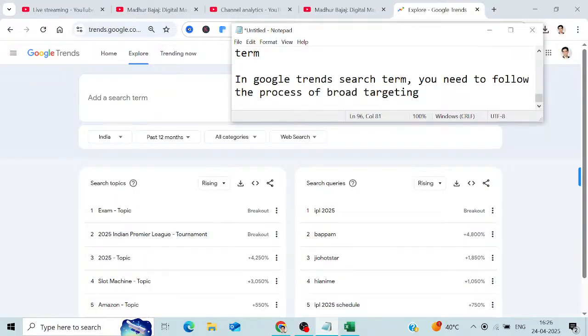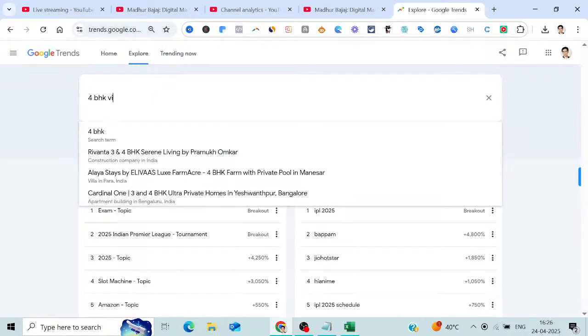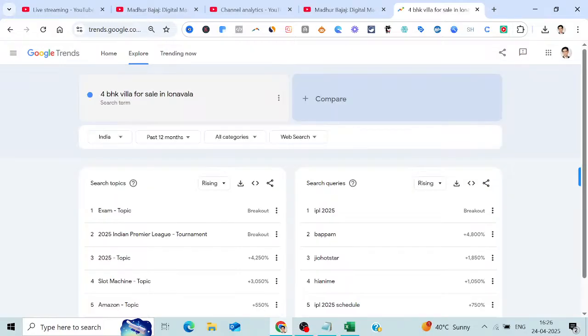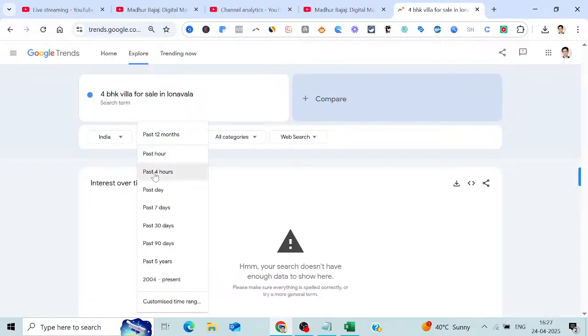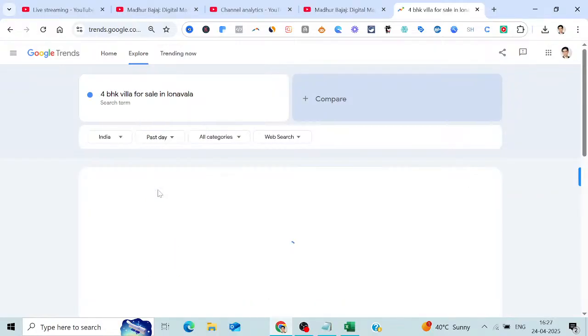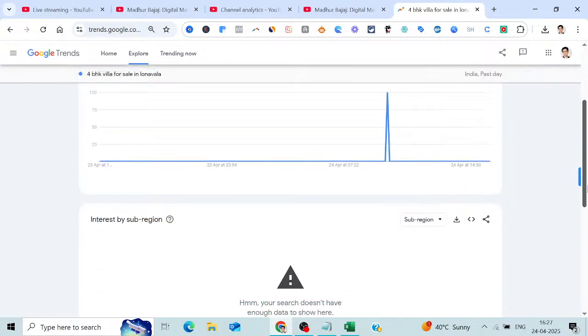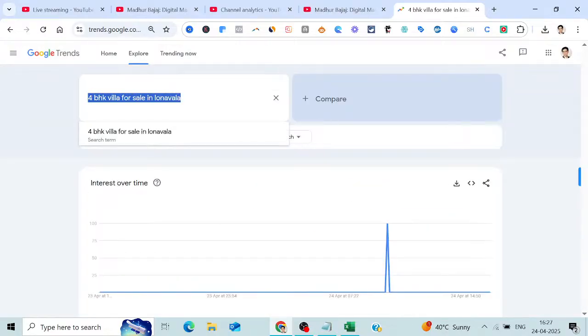So now I click on add a search term. I just say here 4 BHK villa for sale in Lonavala. Let me see what's trending here. Let's say I click on past day. Is it trending? Let's see, for the past day, is this keyword trending here? No, this is not trending, right? So now what you have to do here is